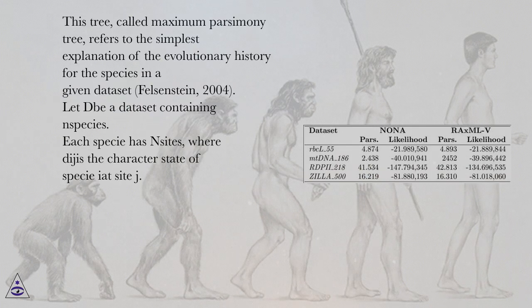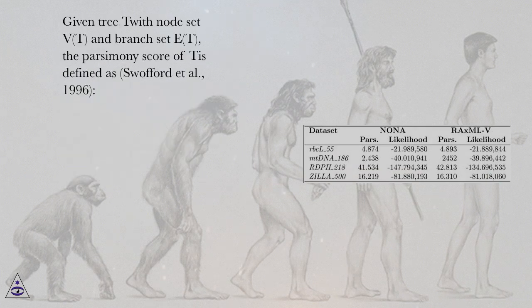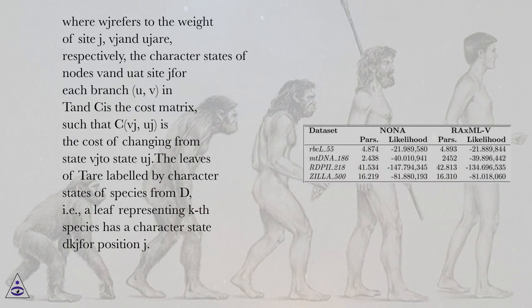given dataset, Felsenstein, 2004. Let D be a dataset containing n species. Each species has its sequence, where the digit is the character state of species i at site j. Given a tree T with node set V(T) and branch set E(T), the parsimony score of T is defined as, Swofford et al., 1996. Here w_j refers to the weight of site j, v_j and u_j are, respectively, the character states of nodes v and u at site j